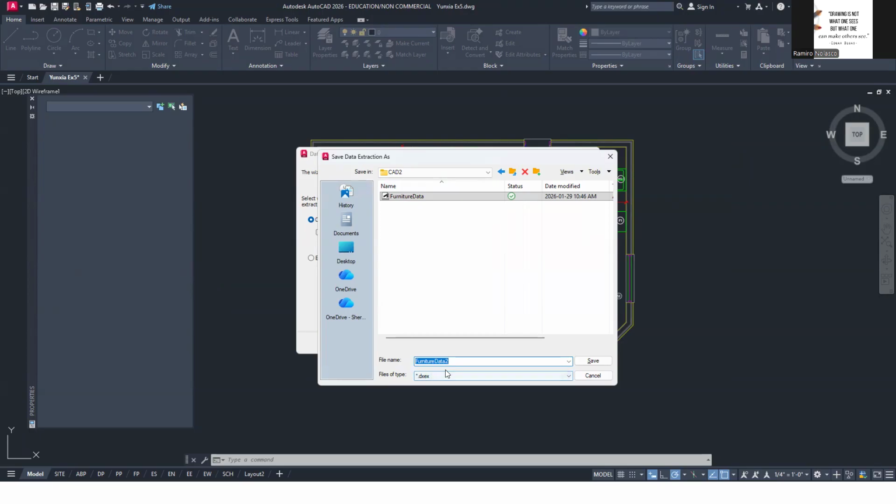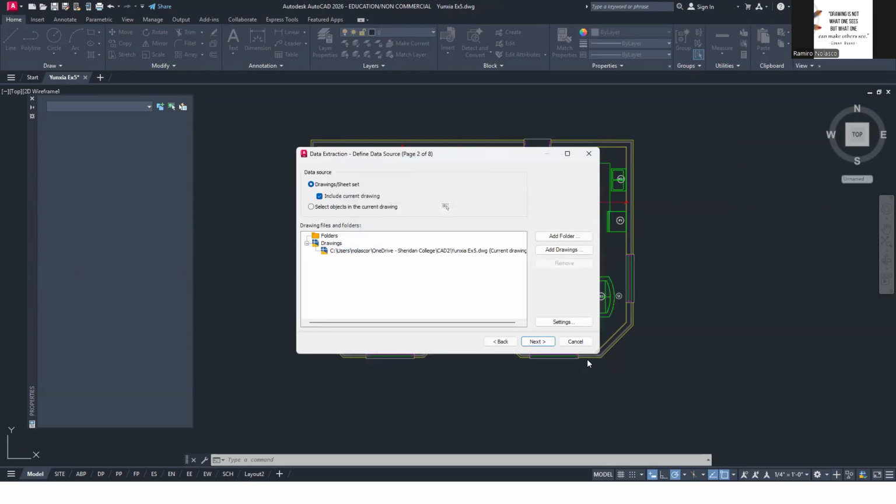Okay, so I named it furniture data. Save. Okay, and then you click on settings. If you have XREFs, which we have not talked about yet, make sure you check XREFs, external references. Okay. Click OK. And then you click on next.